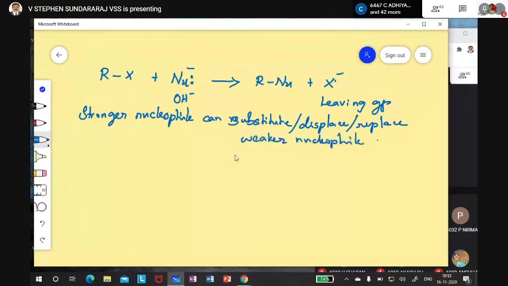So here at room temperature. Otherwise, the conditions, temperature and all, you have to provide, at least you have to provide to support. Otherwise, at room temperature, they will easily react. Then see that RX plus OH minus gives ROH. So here you are studying it as a property. But in the alcohol chapter, this reaction will come in the preparation. So note that. That time I will skip. Any reaction repeating in some other place, I will skip that. I just refer so and so. That's why I'm spending a lot of time here and moving.